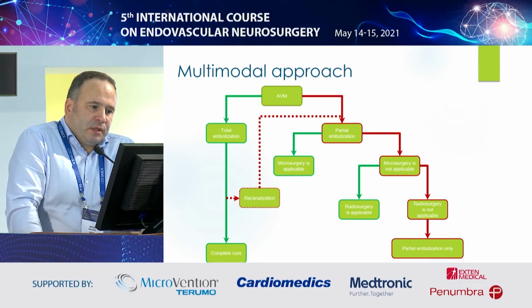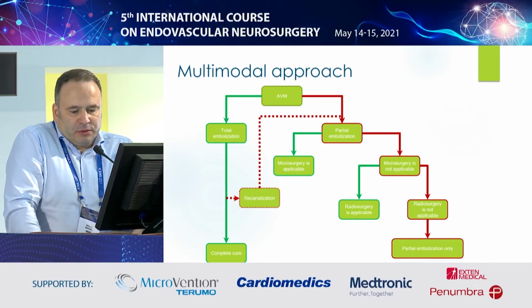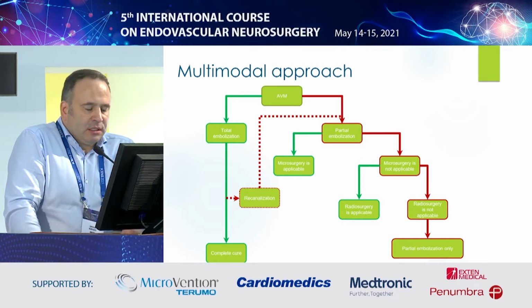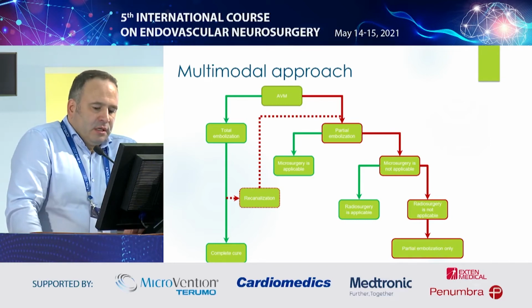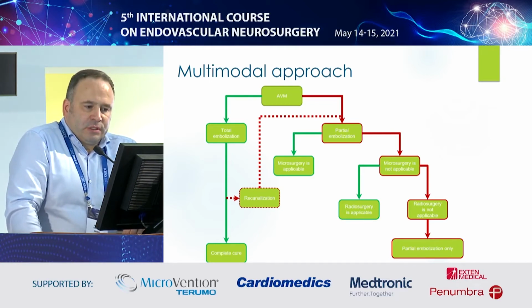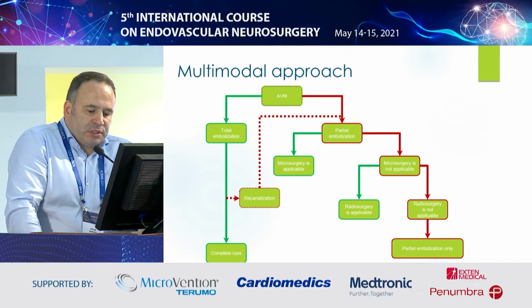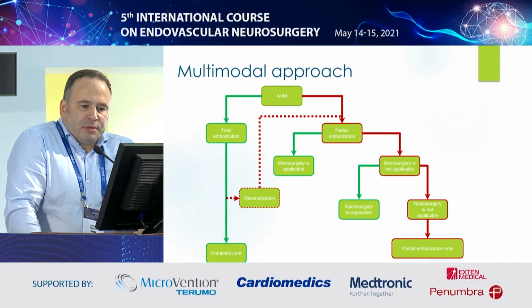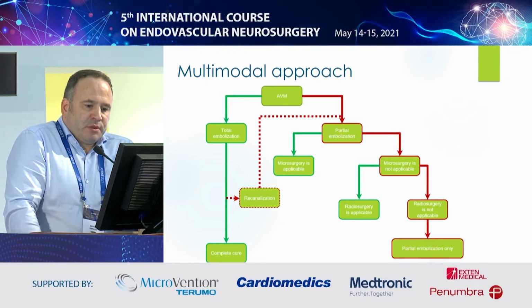Not all malformations can be properly occluded, and when you try to embolize it at any cost, and sometimes come up with dangerous catheterization, what you obtain is a complication. The most dangerous one is when you occlude the malformation totally. And for that reason, when we consider embolization is getting dangerous, we use microsurgery, or if we couldn't occlude the